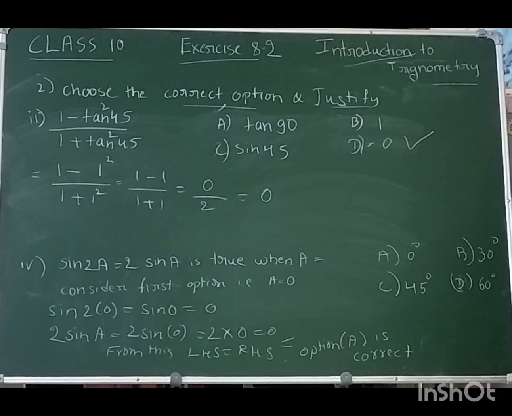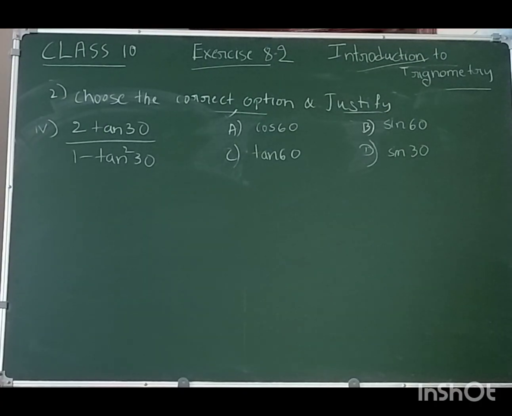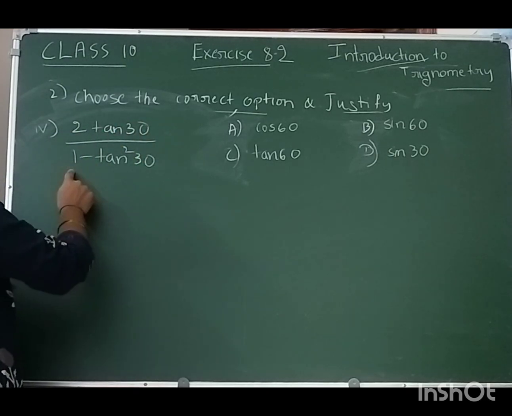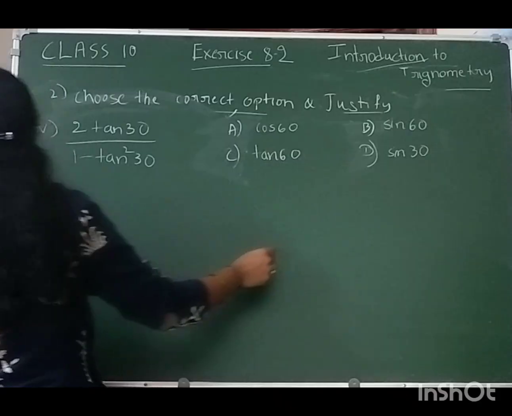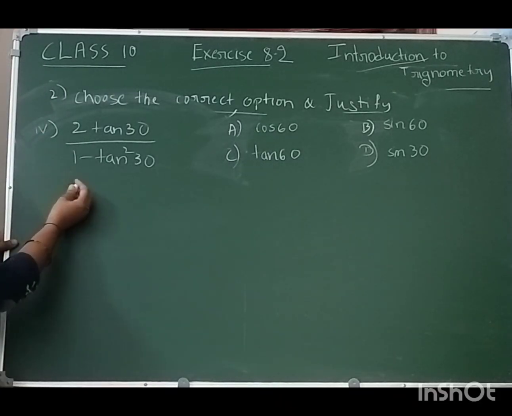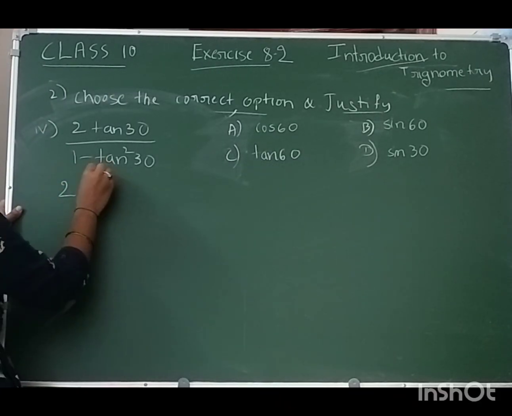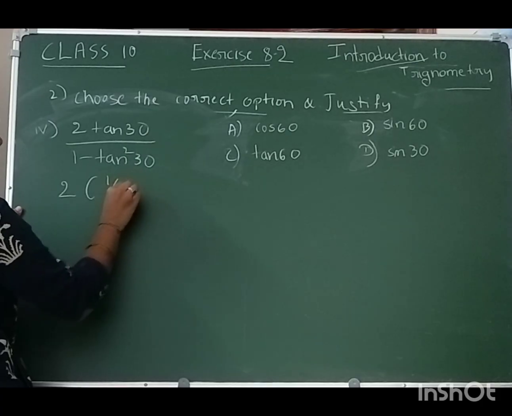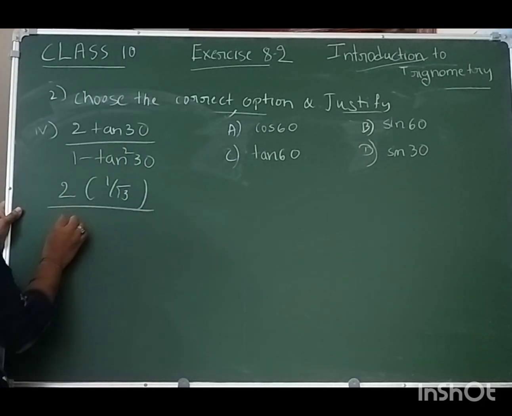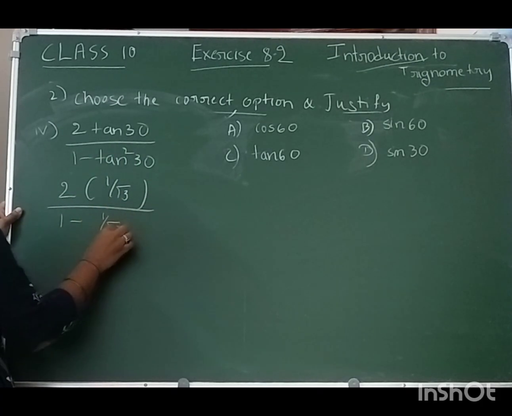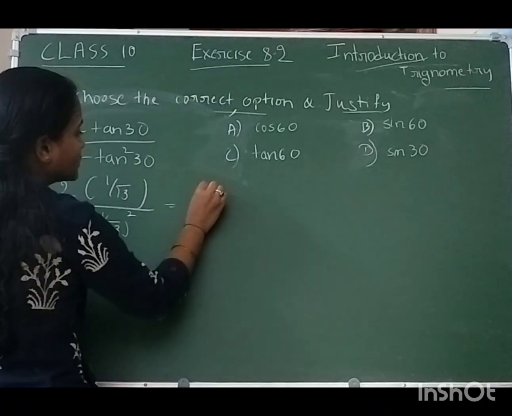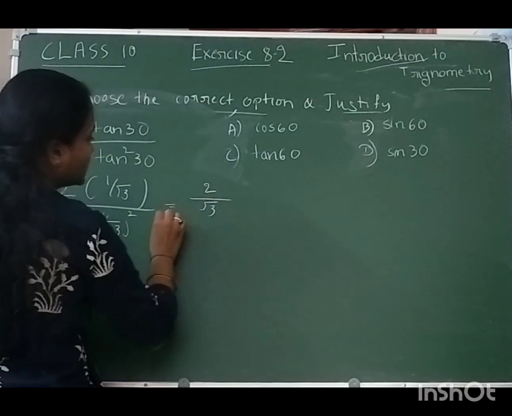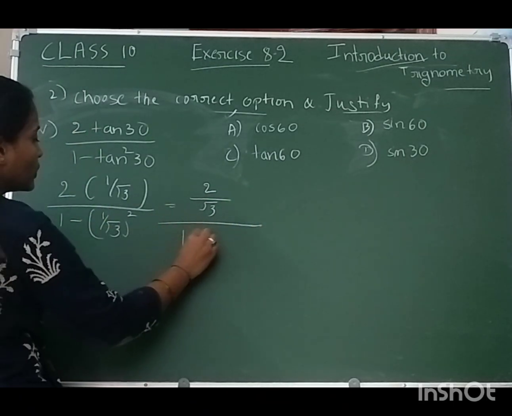Next, we'll take the question number 5. That is 2 tan 30 divided by 1 minus tan square 30. And these are the options for that. So substituting the value of tan 30 in the equation. So tan 30 is 1 by root 3. So substituting we'll get 2 into 1 by root 3 in the numerator and 1 minus 1 by root 3 square in the denominator. By multiplying we'll get 2 by root 3 in the numerator and denominator will become 1